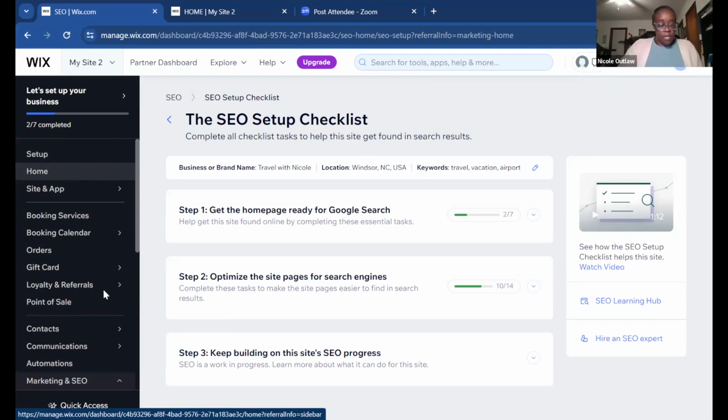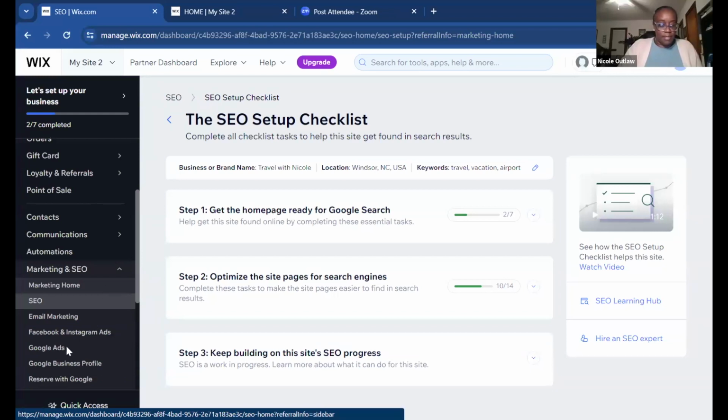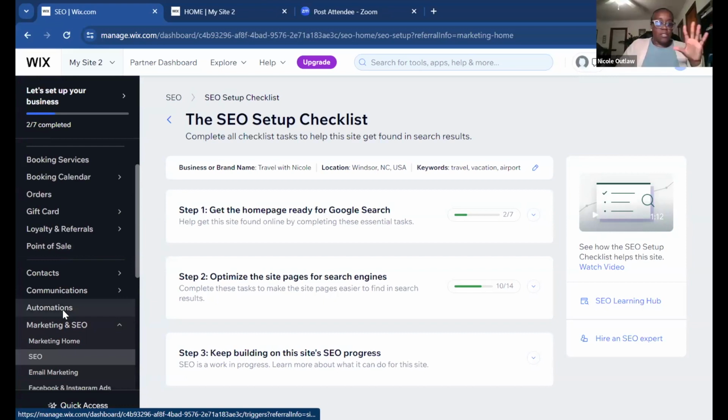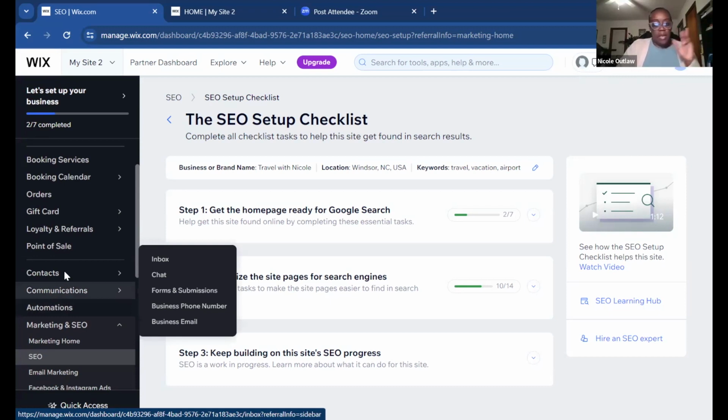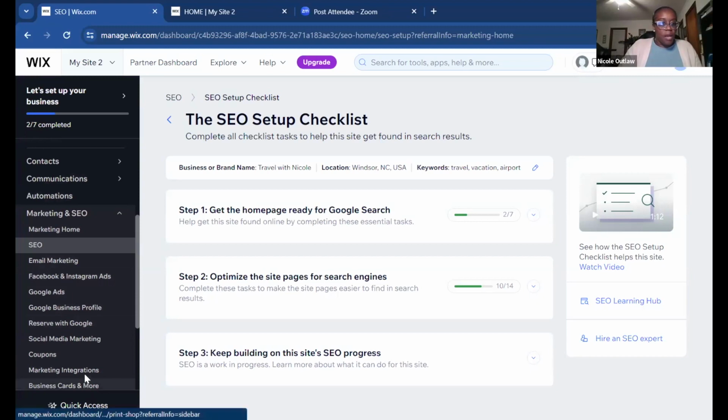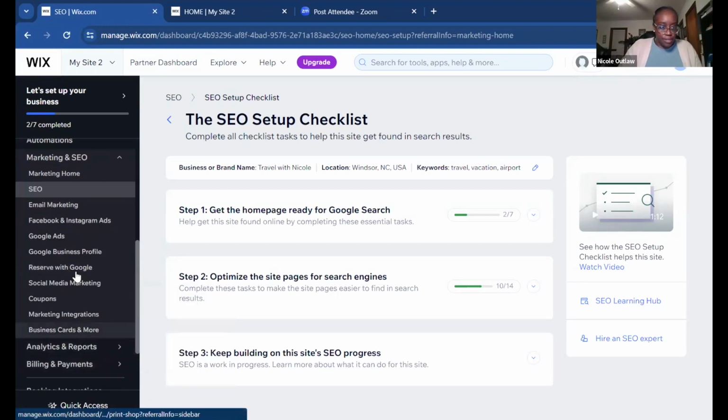So we're going to go down to Google and take a look there as well. On the Wix bar on the side, it's going to give you all of your settings, all of the types of communication options, gift cards, loyalty, rewards, whatever you use for your business. You'll be able to manage it from what I call the back office, but it's like your dashboard. So we're going to go down here to